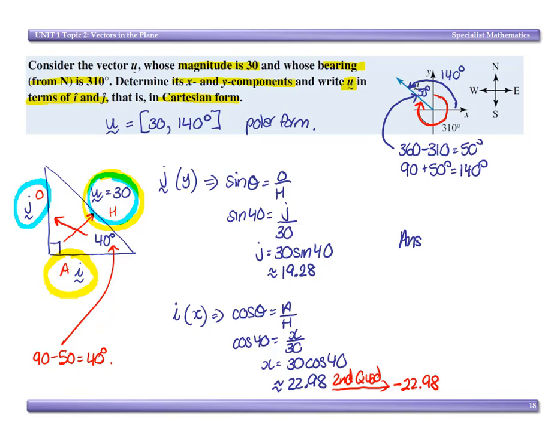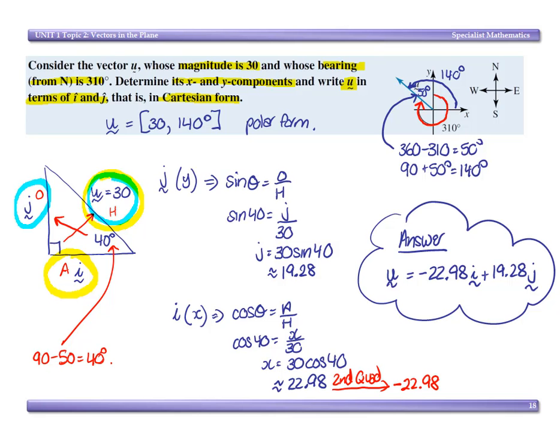So my answer is my vector u is equal to negative 22.98i plus 19.28j. Now, in regards to formulas that you will just know once you do this over and over again, is for our y coordinate, it's equal to our r, which is our resultant,